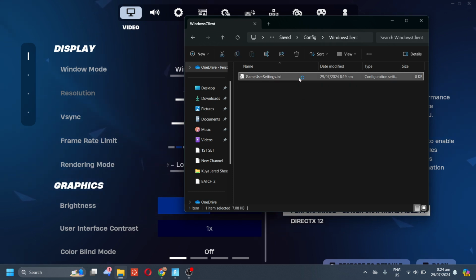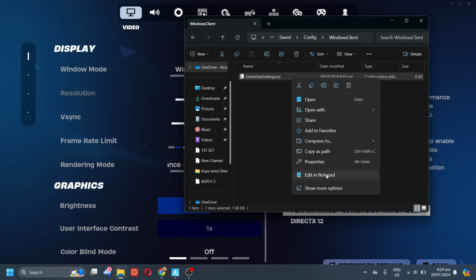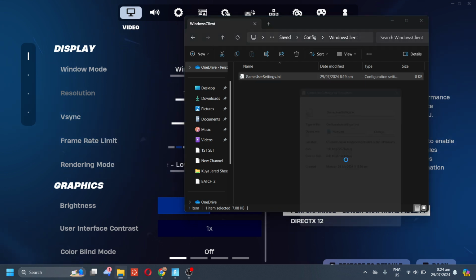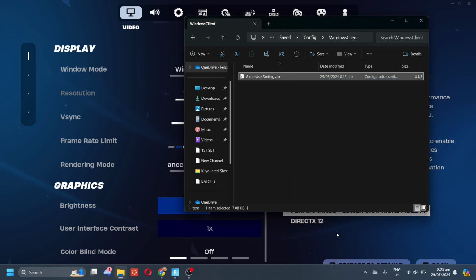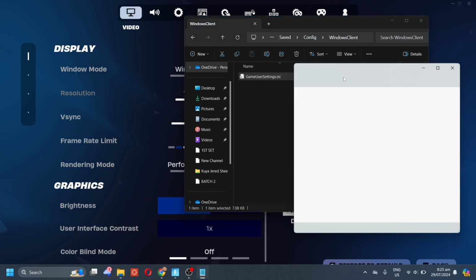And then this. Now right click your mouse and then go to Properties. Now make sure that the read only is unchecked. Now click OK. After that, open this one. And then